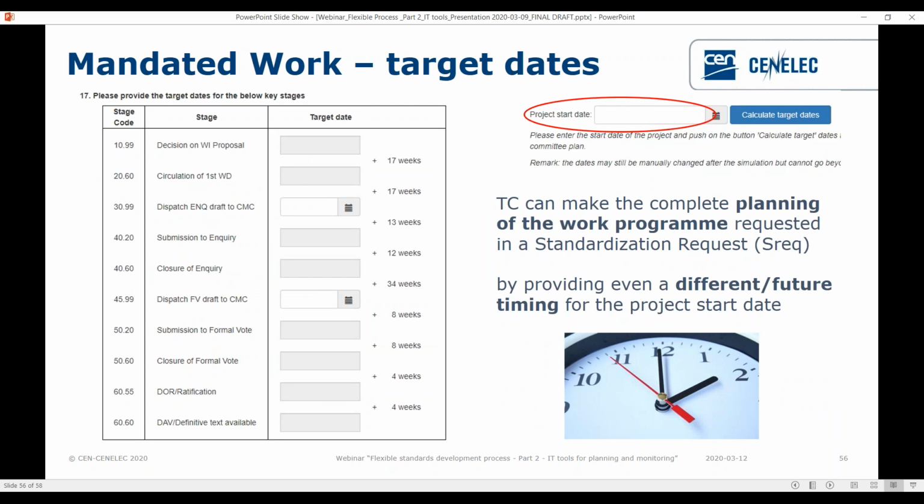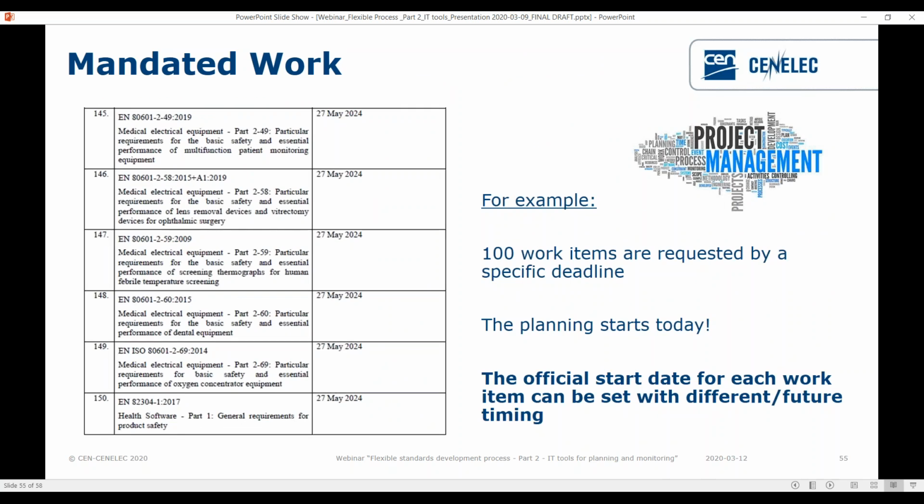So this is what I just mentioned. You can put different project start dates and plan the project accordingly. Yes, exactly. So you will be able to give a planning at time zero, when you receive the standardization request with a huge work program as it is now, the new approach of the European Commission. In the example on the screen, it is the standardization request on medical devices that is currently under